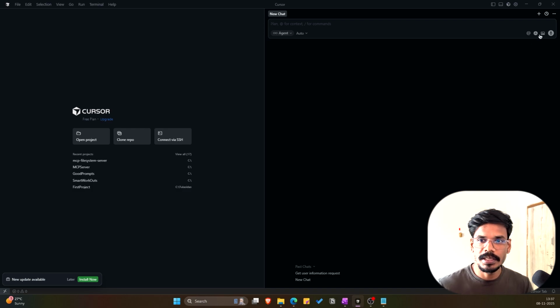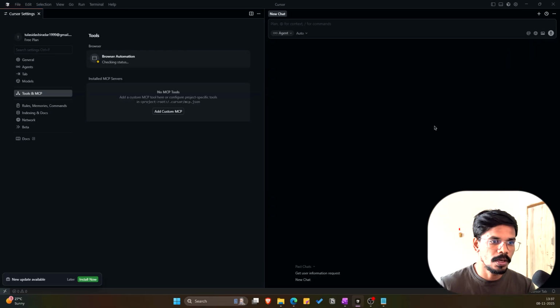So here you can see we can access the tools that are provided by Cursor. Currently you can see the tools that are available. There are no installed MCP servers right now. So what we are going to do is connect to Notion's MCP server using our Cursor. First, to do that, we have to put the token we got from Notion's integrations into our